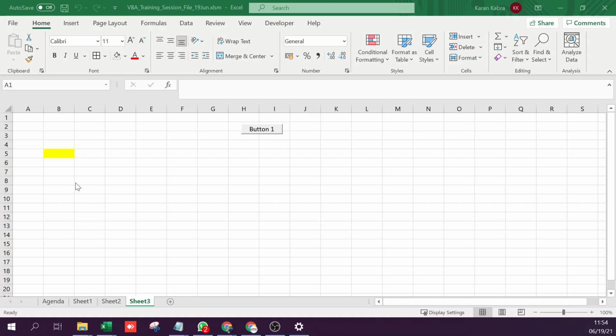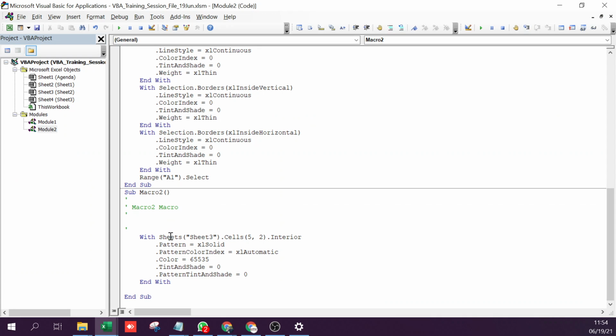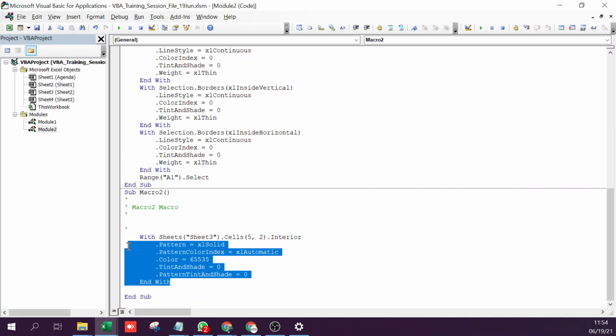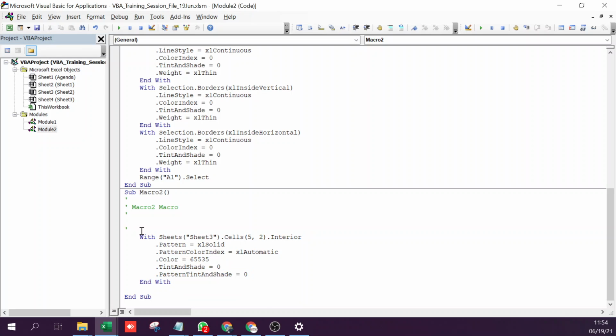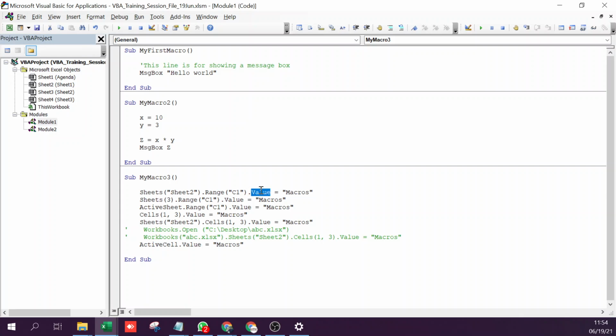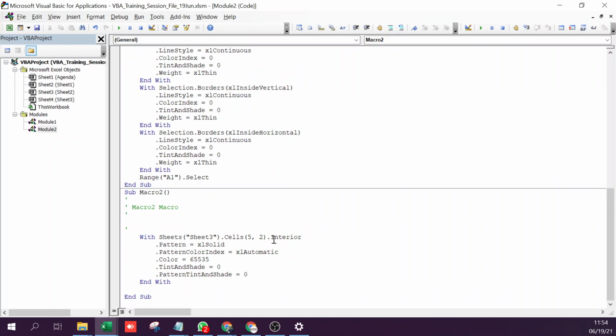So you should know what changes you have to make to the recorded code so that it serves your purpose. And talking about the properties that we were discussing, the dot value property. In this case, you can see the property is called dot interior. But did I remember it? No. I simply recorded it and it gave me the entire code with the property.